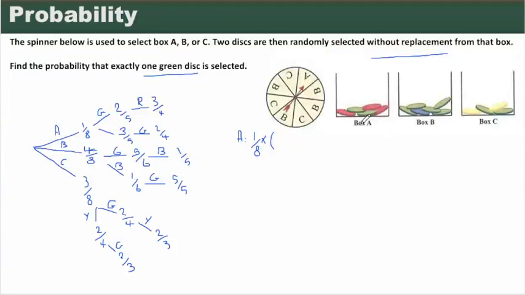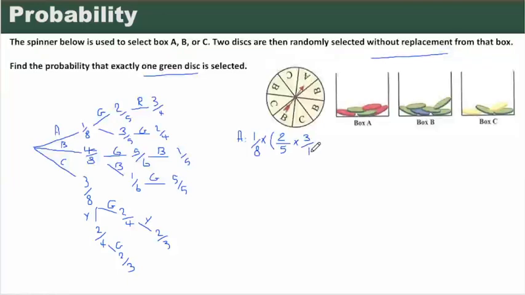Now I will go for box A. Inside box A, they are dependent events. So I will write 2 over 5, and 3 over 4,